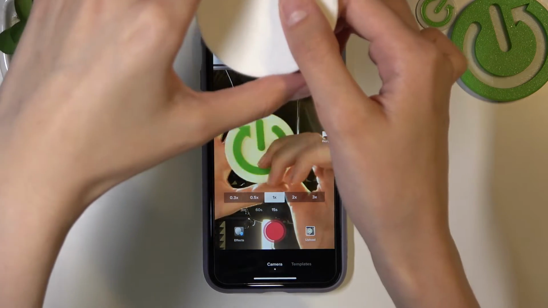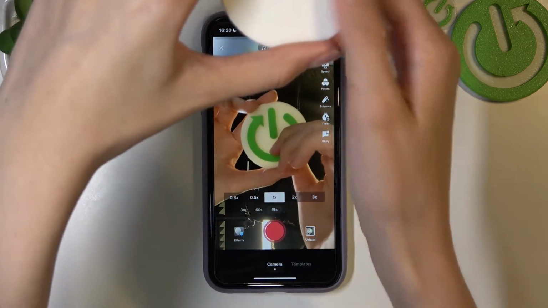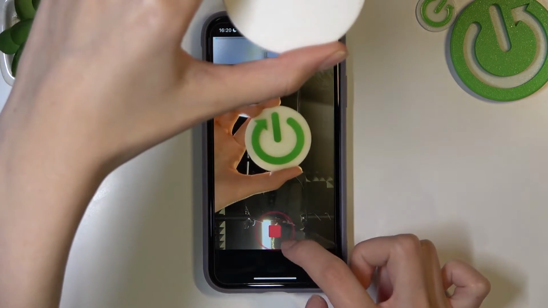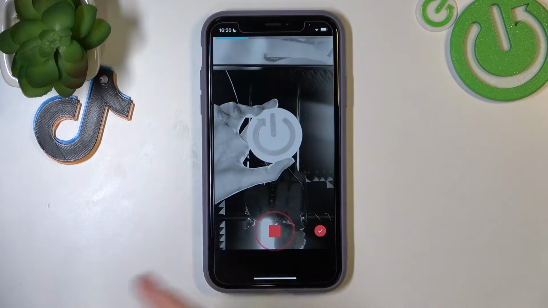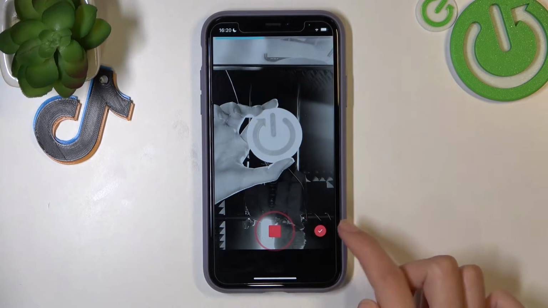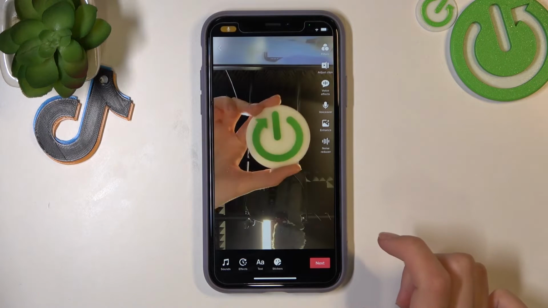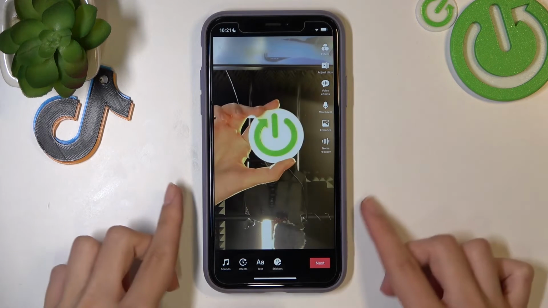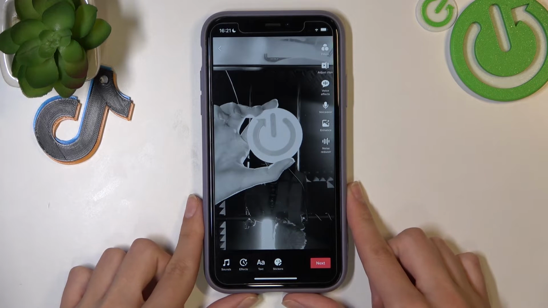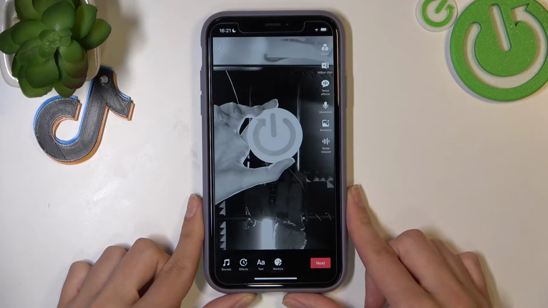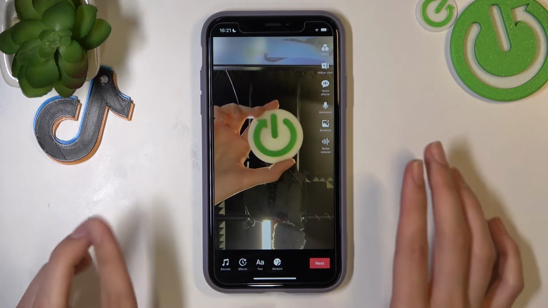Let's check it. So let's create a new TikTok after tapping on the red central button, and I need to tap on the screen to freeze our TikTok. Don't forget to choose the check mark and check the results. So I froze my video successfully, and I hope that right now you know how to smoothly use and get